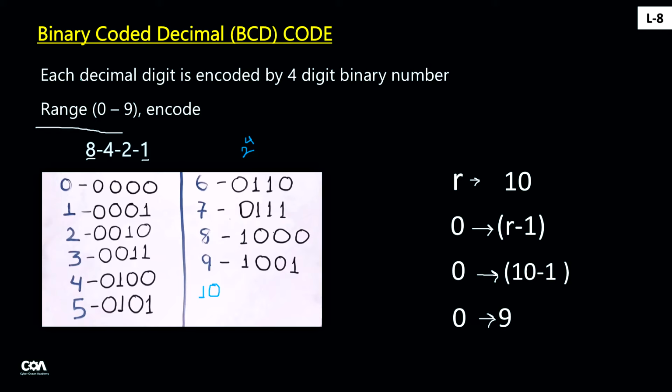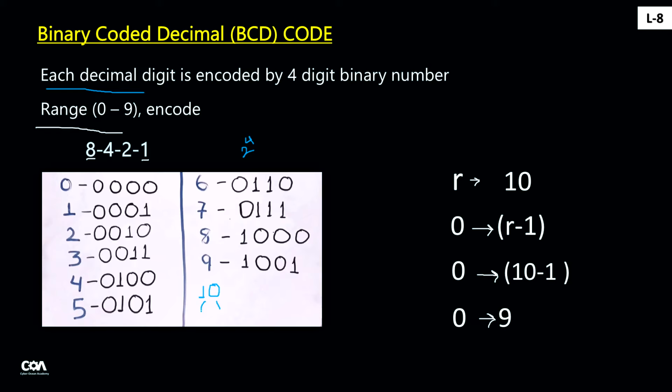Already we have seen in our definition that each decimal digit is encoded. Here 10 is a decimal number because in 10 you can see that there are two digits, first is 0 and another one is 1. So it is a group of symbols. It is a decimal number, not a decimal digit. So we will not write the remaining numbers into this table. So this is our BCD code, the equivalent BCD code of decimal digits.